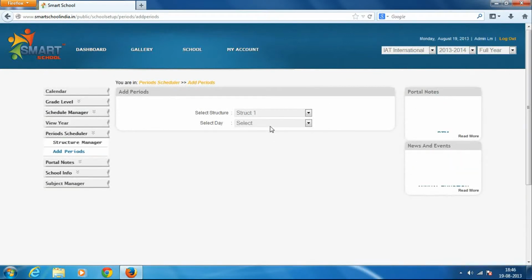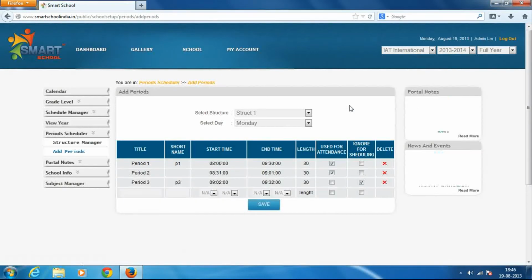Like for structure 1, on Monday we have created a structure in which period, short name, starting time, end time, attendance, ignore for scheduling are available.